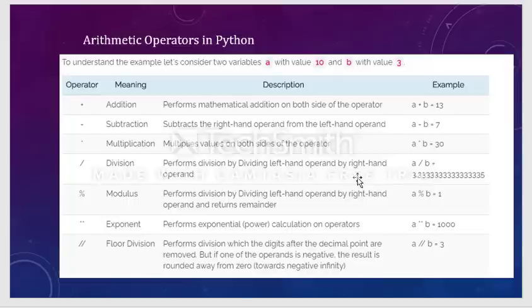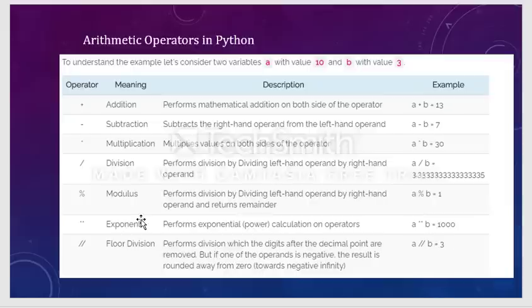As you can see above, when I divided 10 by 3, I got the quotient 3.3333 something, a very huge number. What happens with double slash is it will floor the value. That means after the decimal point, it will remove all the numbers from the result. So only 3 will be there.